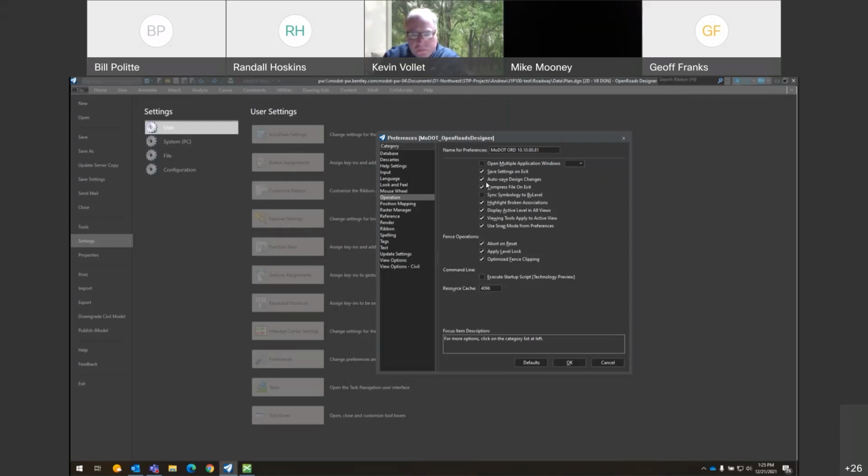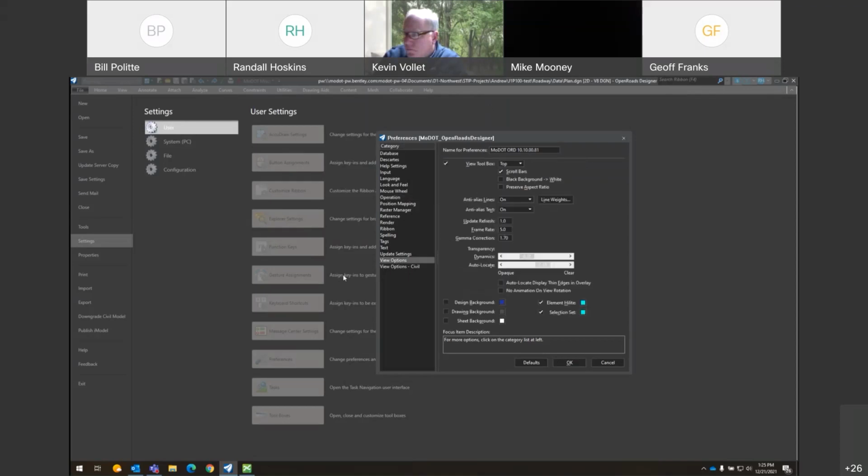Some of the other ones you might change, I don't know. Under the view options, you can turn on and off your scroll bars. If you want to change your backgrounds, you can do it still. And I believe here you can also change the backgrounds of your different sheets, like your sheet model background and your drawing background. You can change some of those here.